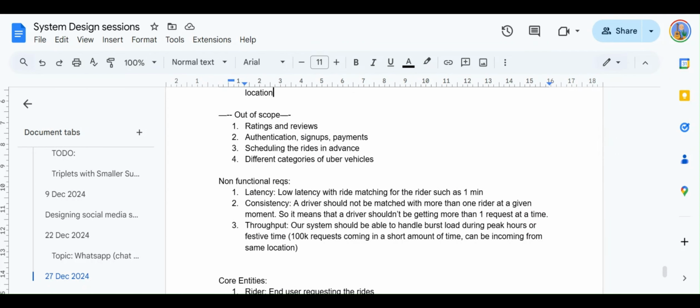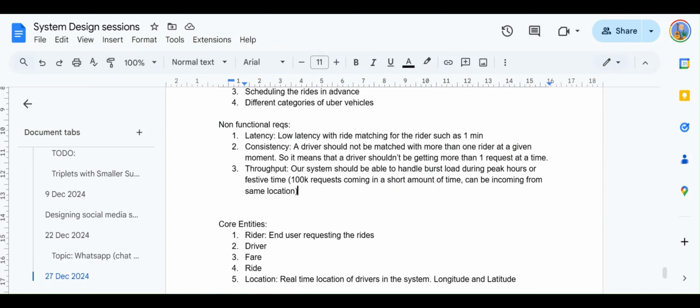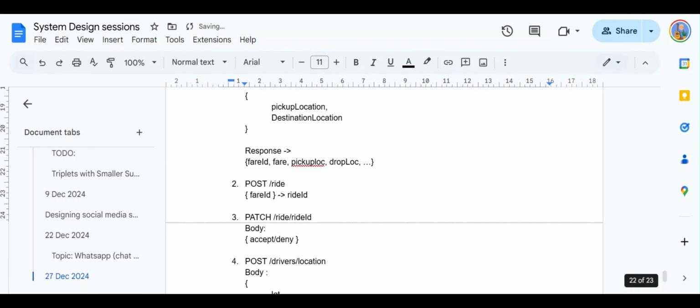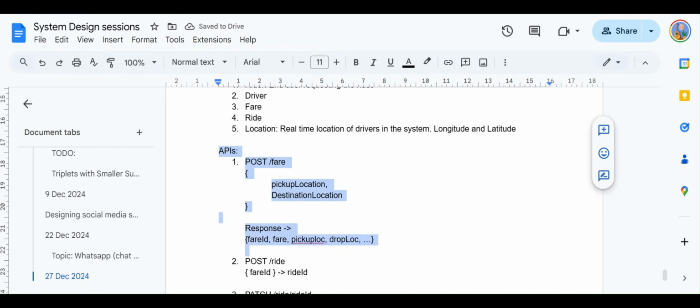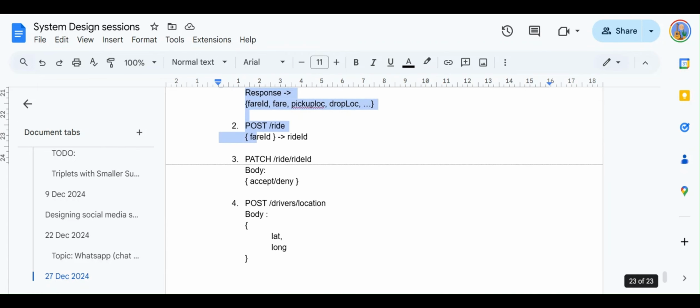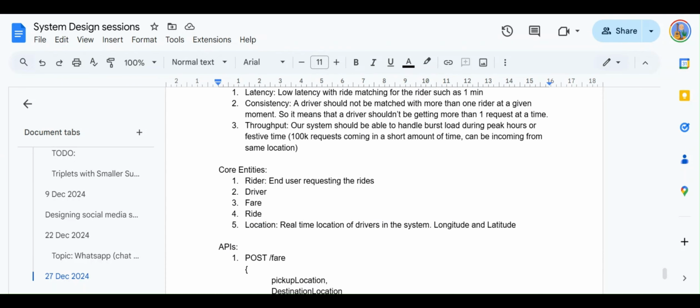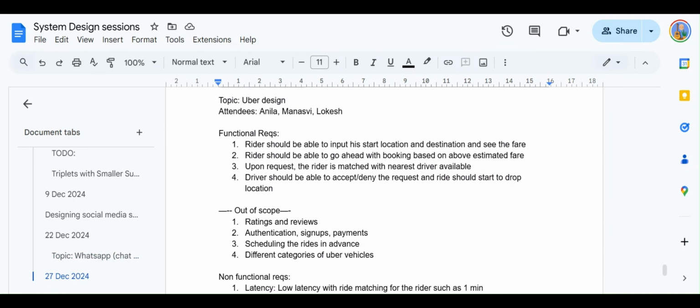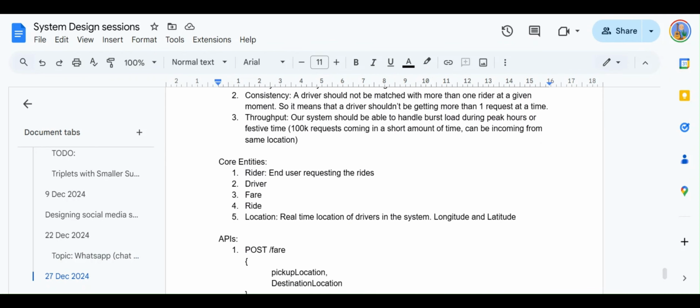The second objective will be to go into the deep dives and start fulfilling our non-functional requirements. And when we go into the deep dives, we definitely want to save at least 30 minutes for the deep dives. So essentially what I'm telling you is please do not spend a lot of time on these aspects. Just keep talking about it, writing it, and please capture it. So here I'm writing it on the doc. In the interview you can just start capturing it on the whiteboard, just put in a text box and start capturing everything.